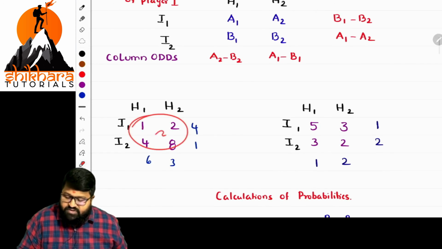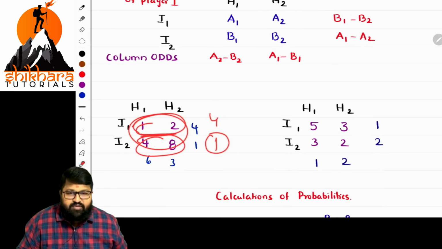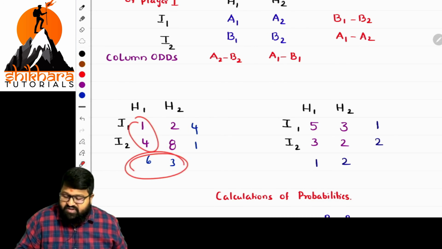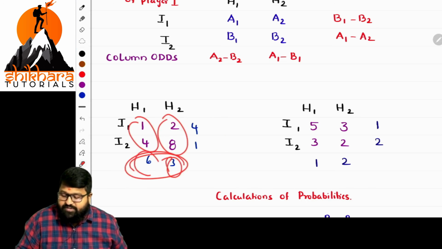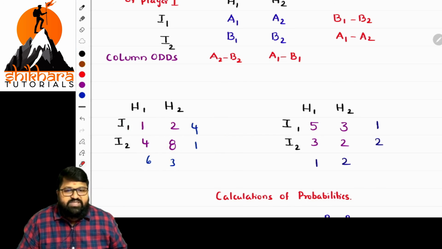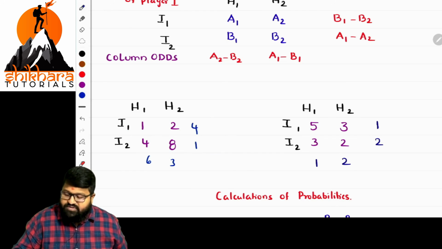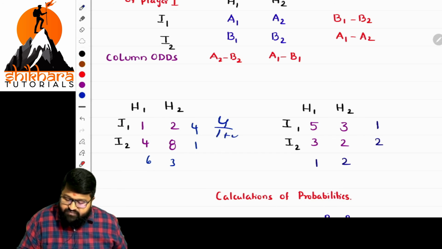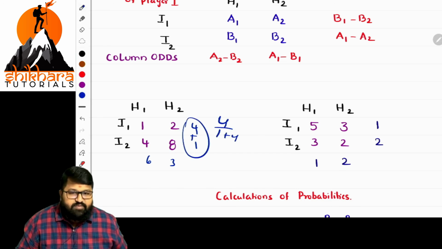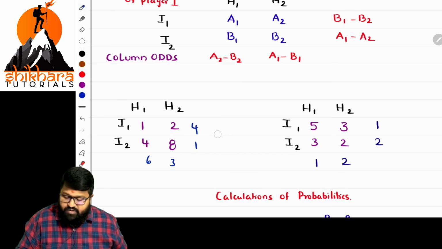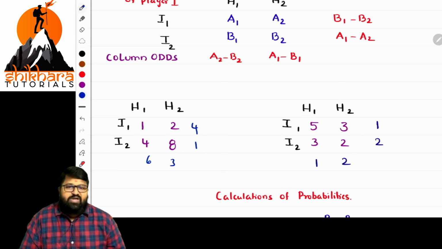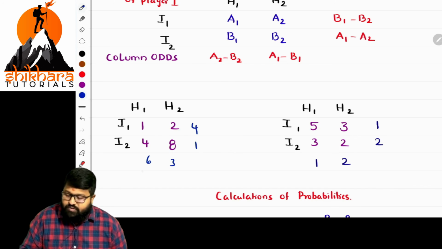For example, for this 2, what is the way of mentioning the difference? 1 I'm writing here, and for this difference 4 I'm writing here. Then the difference of 1 and 4, 3, I'm writing here, and the difference of 2 and 8 I'm writing here. If that part is done, the basic part of probability is done. Now how to calculate the probability? For example, 4 by 1 plus 4, the sum of these two in the denominator, and here 1 by 1 plus 4. That is the way of calculating probability. The same way we calculate the probabilities for the column parts also. That is 6 by 6 plus 3 and 3 by 6 plus 3. That is the way of calculation.